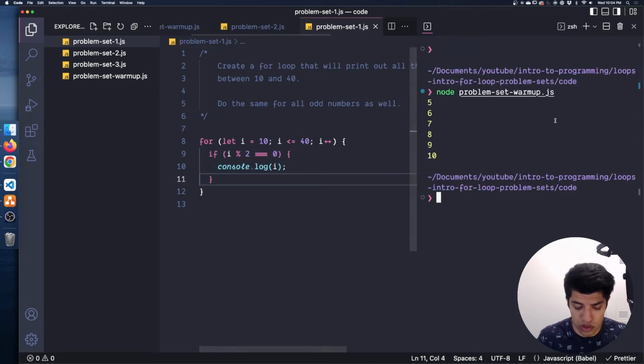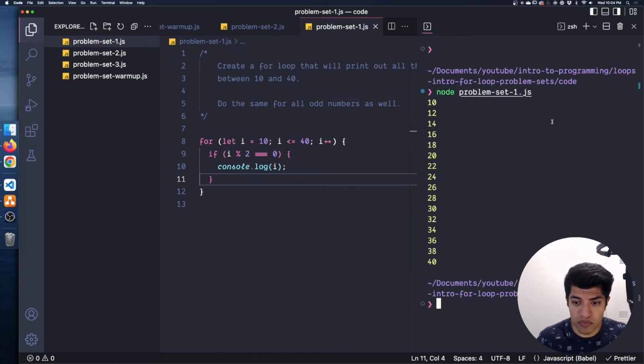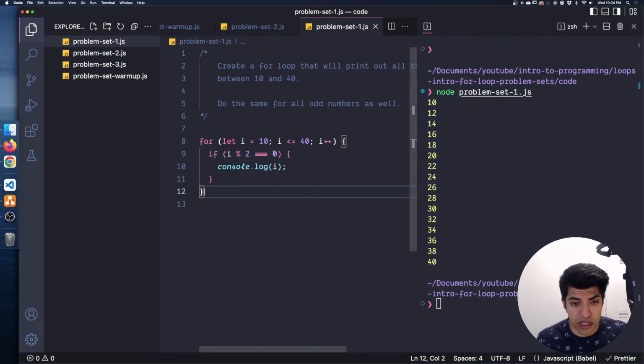So let's see what this looks like. If I clear this out and I run node and problem set 1, we see that we can get all the numbers between 10 and 40 inclusive, and we're only getting the even numbers. To get the odd numbers, we can just switch this. So if we say if it's equal to 1, the